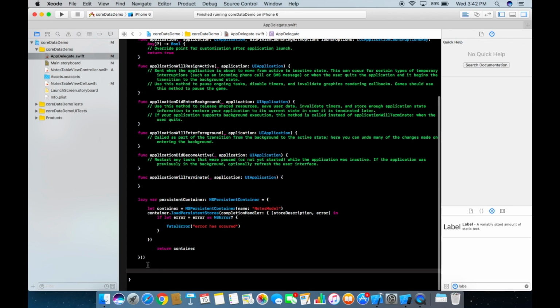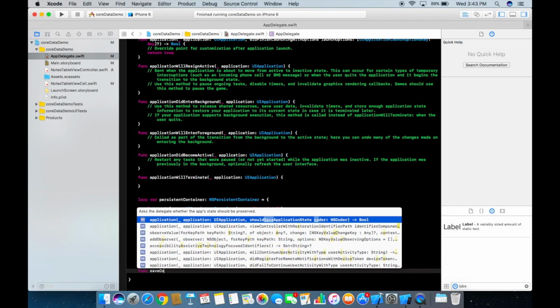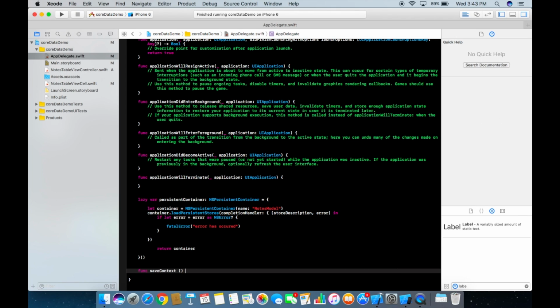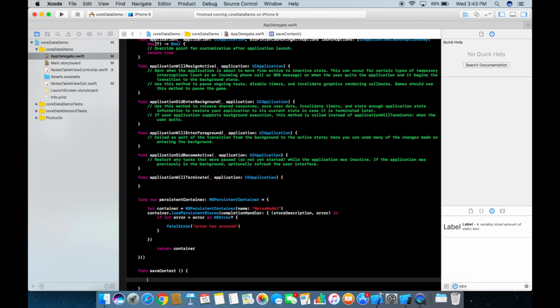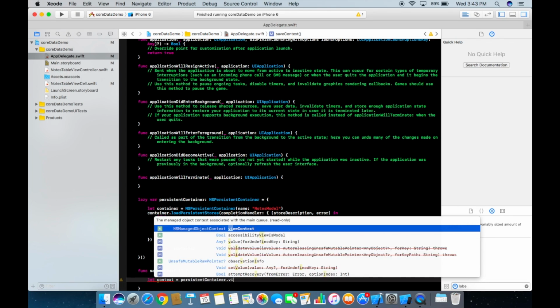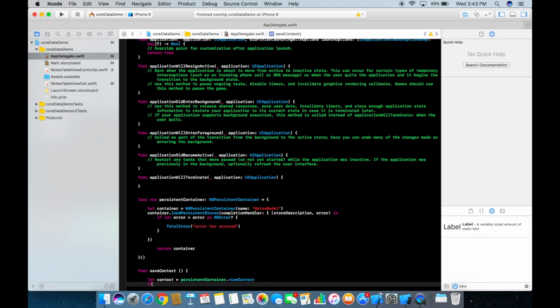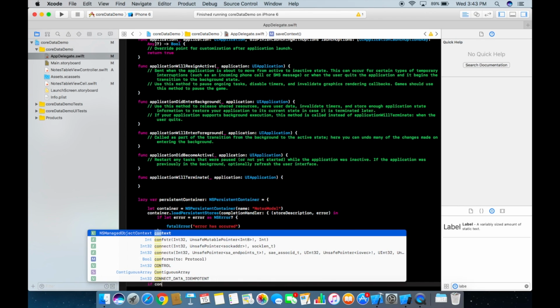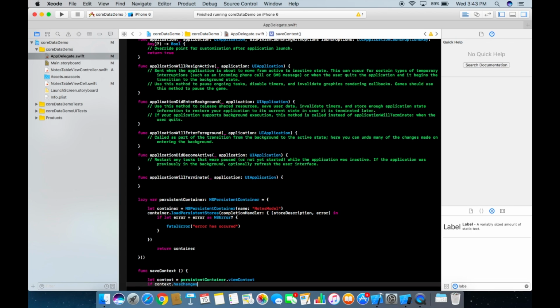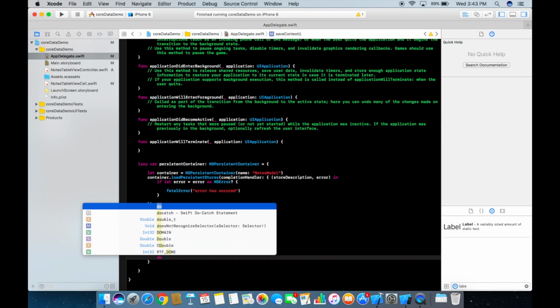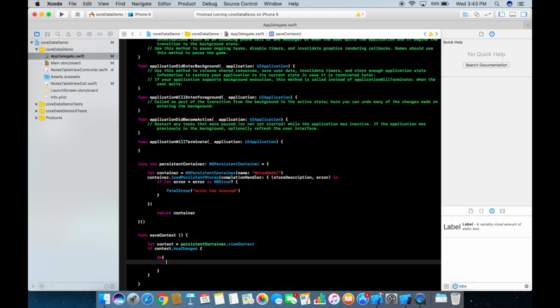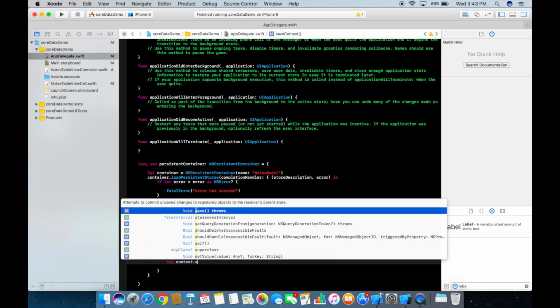Alright, so the last thing we need to do here in our app delegate is we're going to call a function, and we'll call it save context, and then we're going to open bracket, close bracket, and then inside of here we're going to call a variable, so let context equal persistent container dot view context, and then we're going to call an if statement, so if context dot has changes, then we're going to do, and we're going to try do catch, and inside of here we're going to call try context dot save,